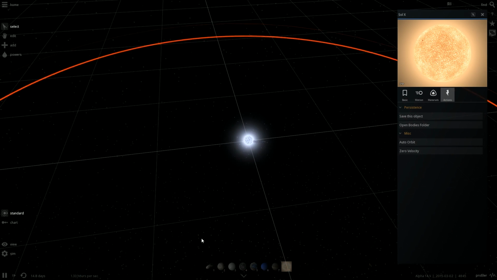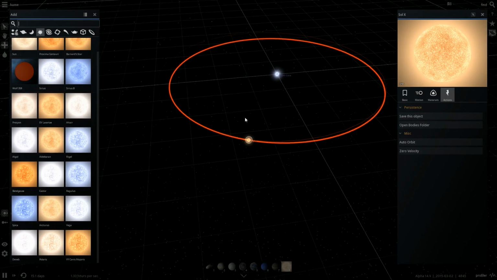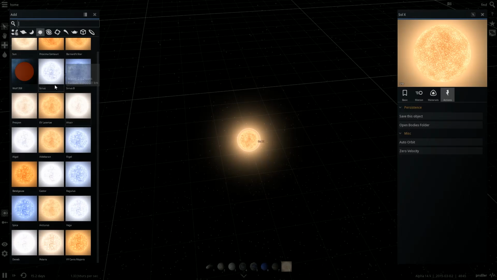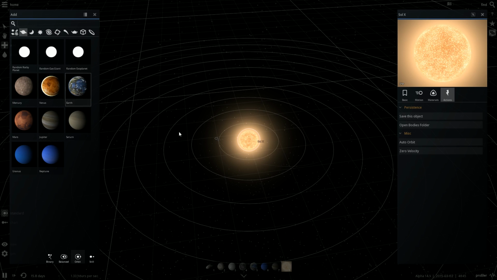All right, so now what we need to do is we need to go here and let's add some stuff. Great. Well, can I zoom in? Can we get any kind of orbit? Planets, well, we can get some Earth-like planets, or moons, galaxies, black holes, objects. We'll get some Earth-likes on here. So